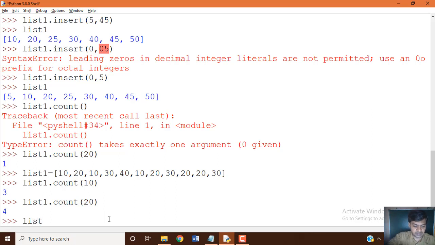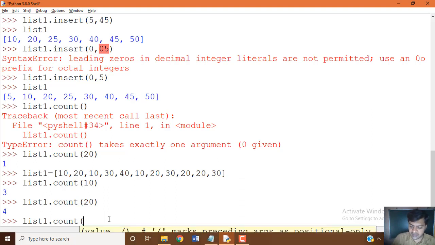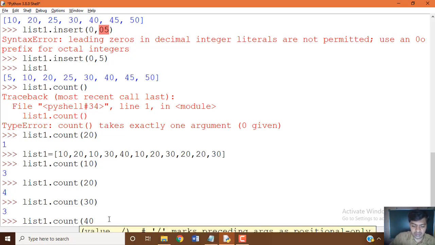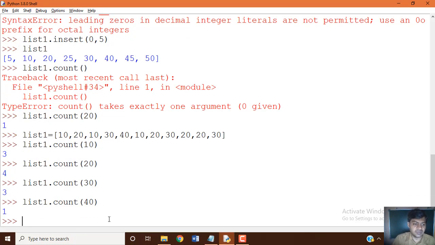Same manner, list1.count of 30, again 3 times repeated. list1.count of 40 is only one time. That is how the count function can be used.